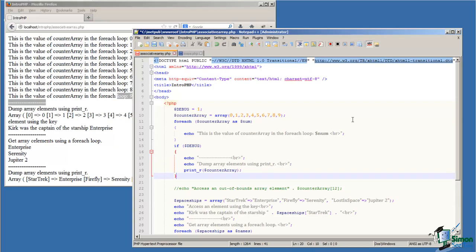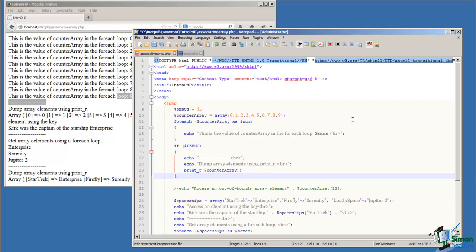And then we simply use the foreach loop to print each value that's being stored in the array. So we say for each value in counter array, call that value num, and then echo it out using that name num. So num becomes a representation of each of the elements in the array as the foreach loop